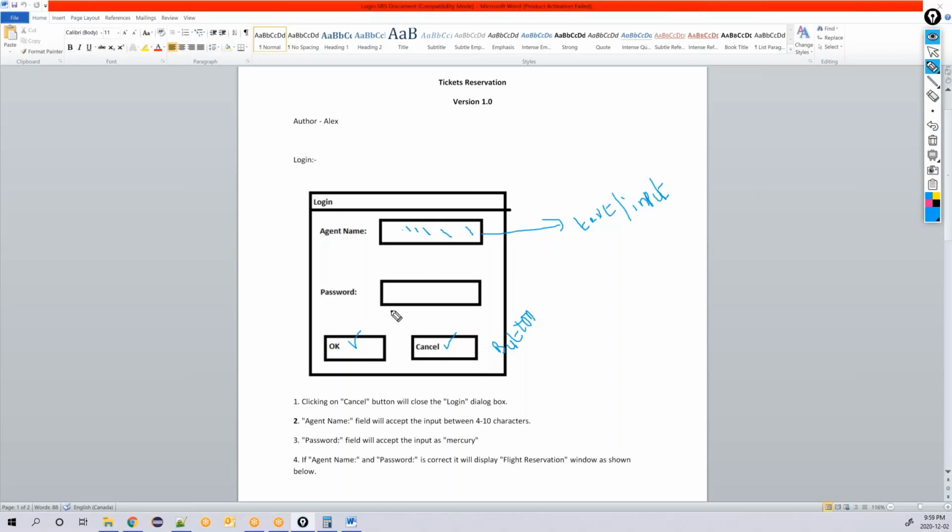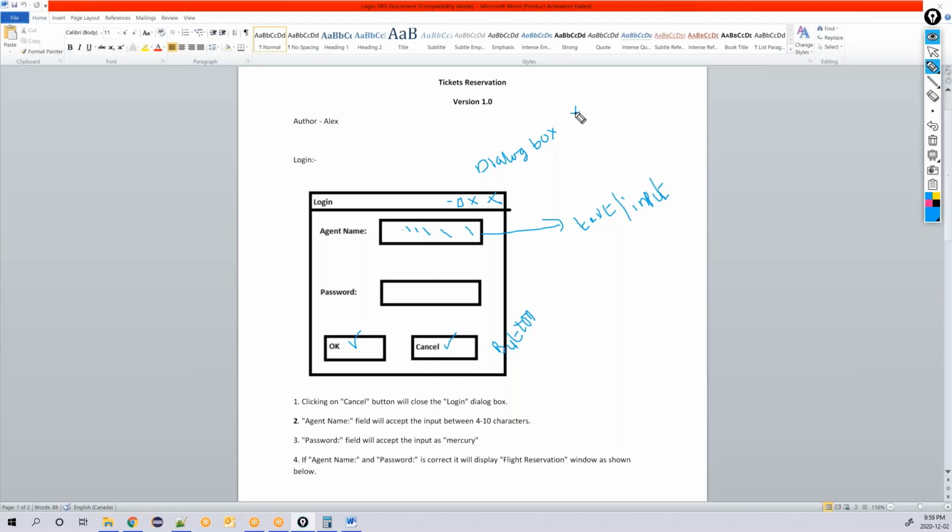And this is called a dialog box. Why it is called a dialog box is, always remember, your dialog box will not have the minimize, maximize, and close buttons. It will not have all these three buttons. But your dialog box can have only a close button, or it can be without a close button also.